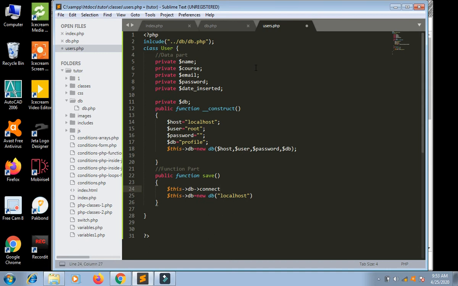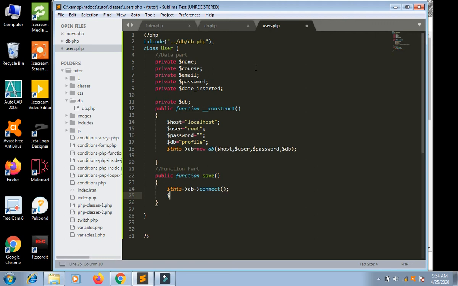Now in the connect function, this is function, $this->db->connect.